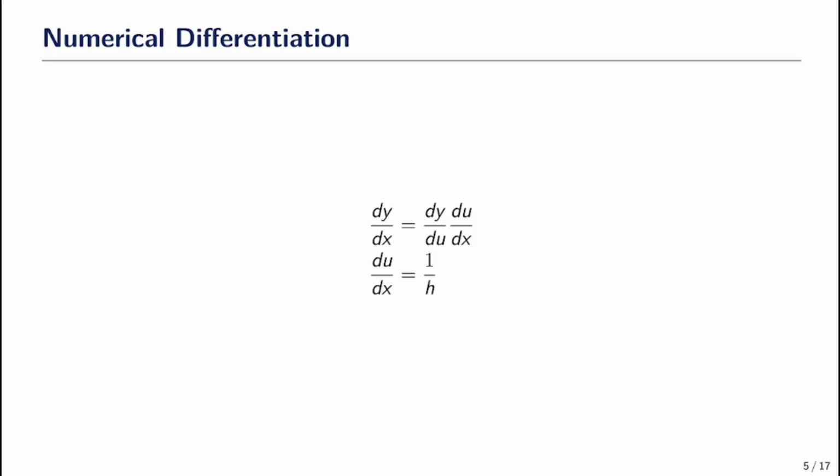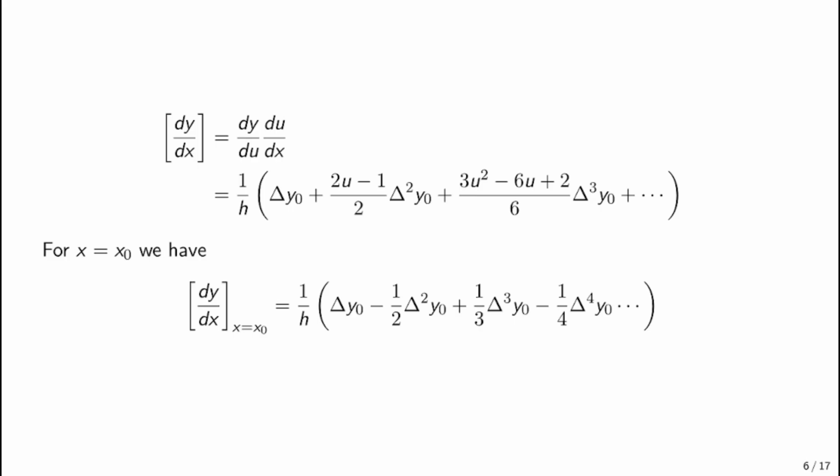So dy by dx will be equal to dy by du times du by dx, and du by dx will be equal to 1 upon h. Now applying this, we will get dy by dx is equal to dy by du times du by dx, which is equal to 1 by h [delta y0 plus (2u minus 1) divided by 2 delta square y0 plus (3u square minus 6u plus 2) divided by 6 delta cube y0],